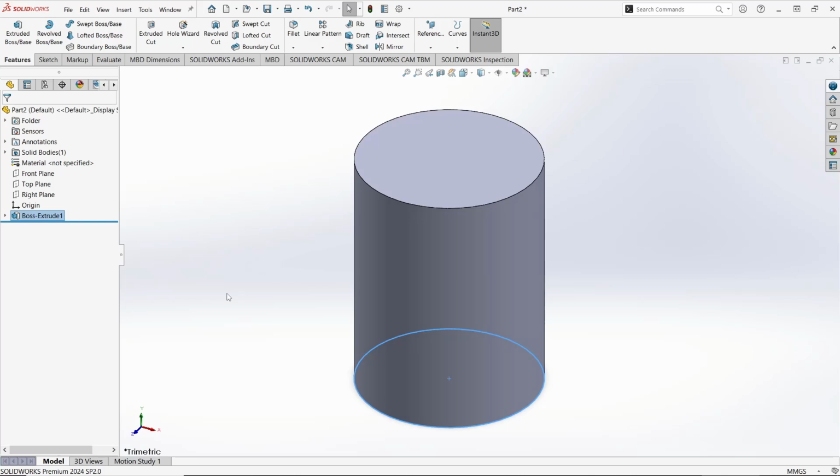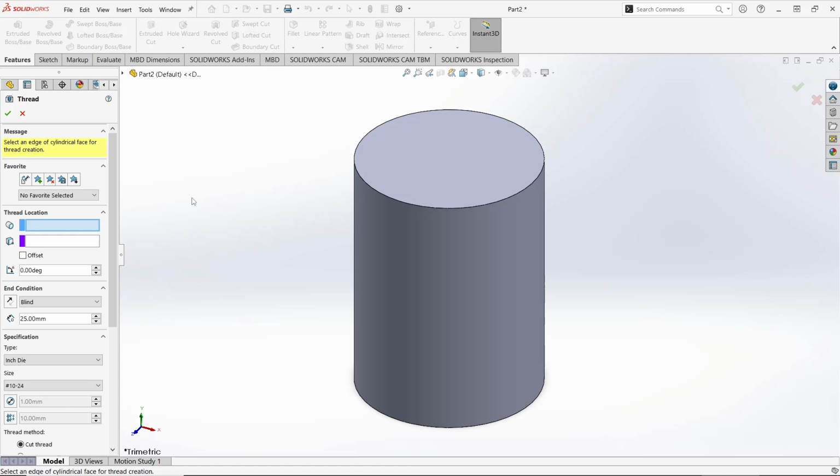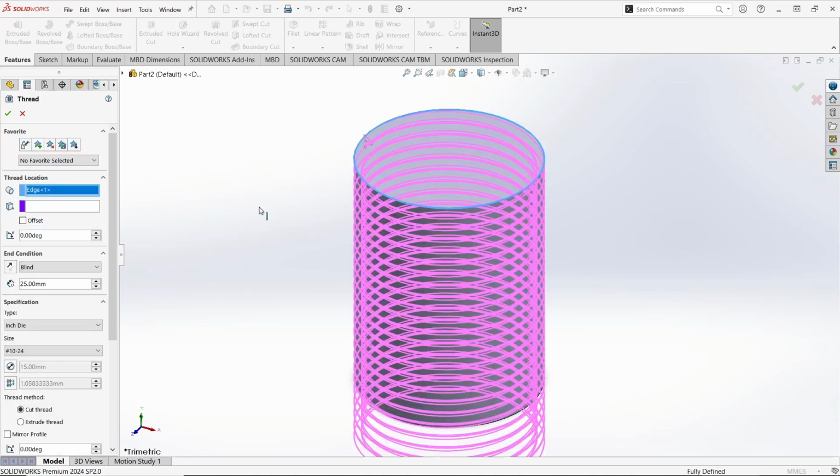Now, if you want to add a thread to this cylinder, you can go to the Hole Wizard drop-down menu and then click Thread. After that, you need to select the thread location. I will click on the top here, and you can set the end of the thread. I will set it to 18,